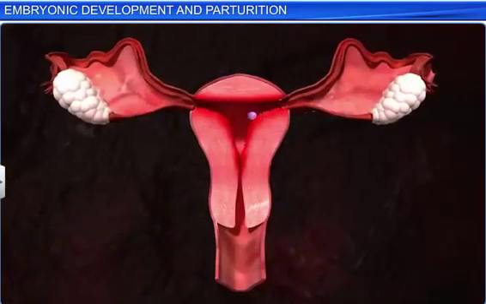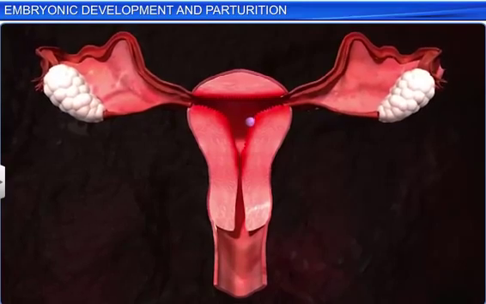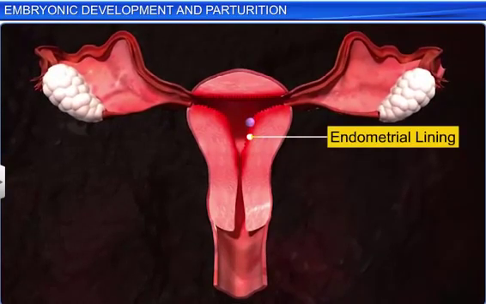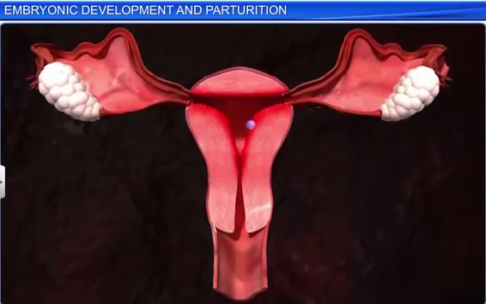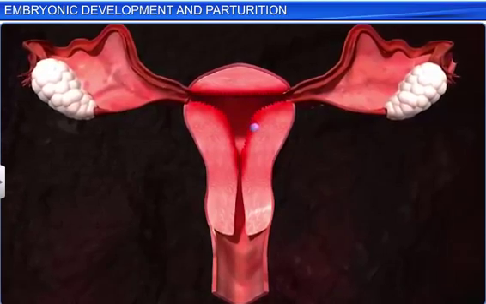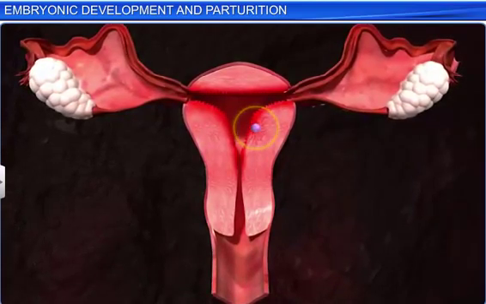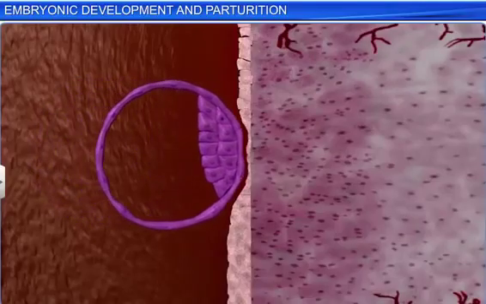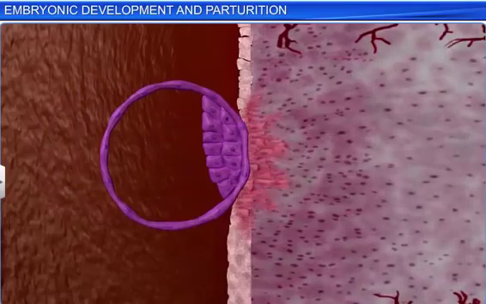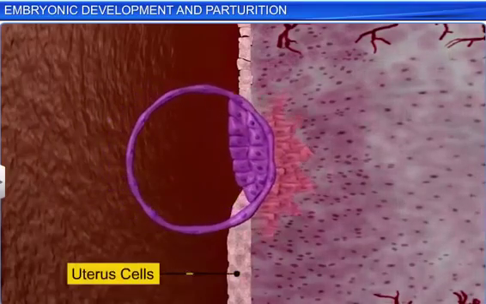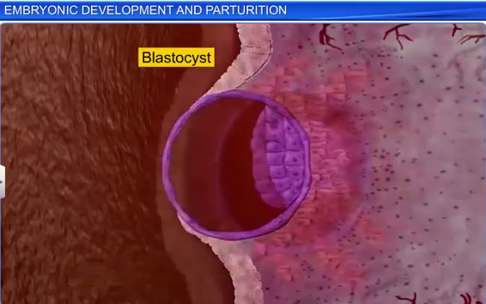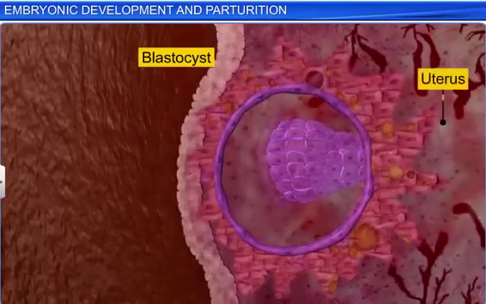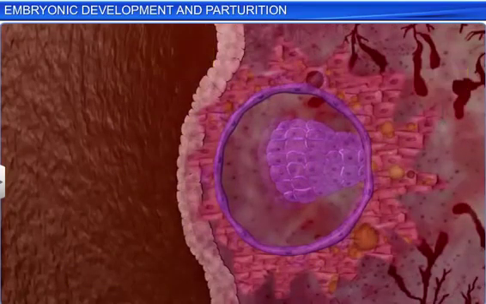As the trophoblast grows outwards and penetrates the endometrial lining of the uterus, the blastocyst, with a developing embryo, gets implanted in the uterus and pregnancy is initiated. After implantation, the trophoblast grows further, which causes the blastocyst to sink in and get covered by the cells of the uterus. As the blastocyst sinks further into the uterus,